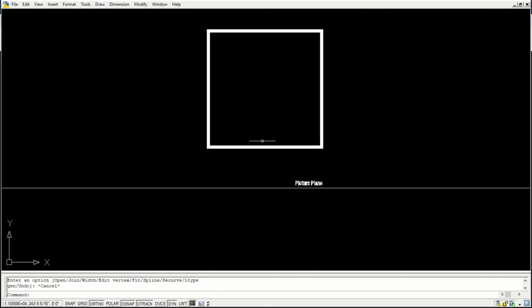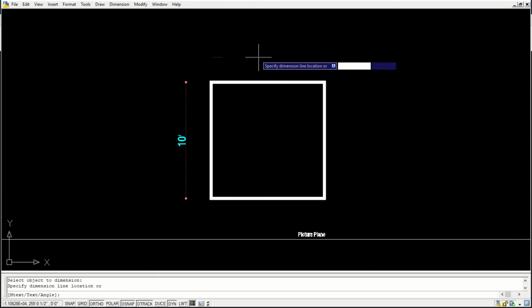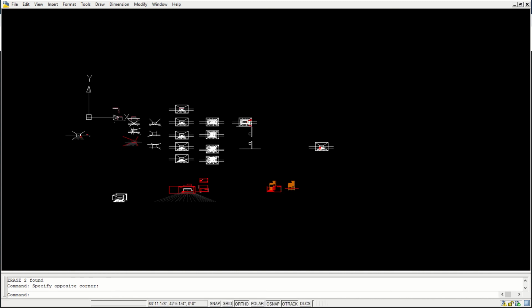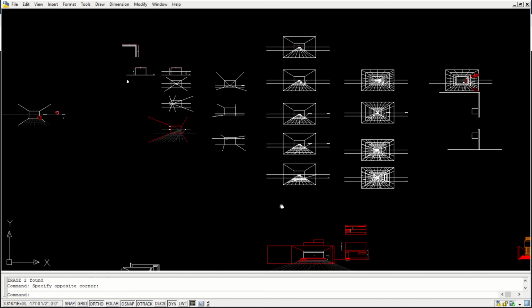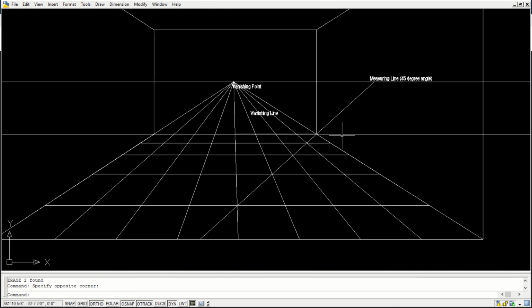Okay, we have an object which is a building or anything. Let's say we have an object which is 10 feet by 10 feet. Okay, and we have been saying that for perspective, the ideal thing is we use 45-degree lines as a measuring line, so that we have a symmetrical output.